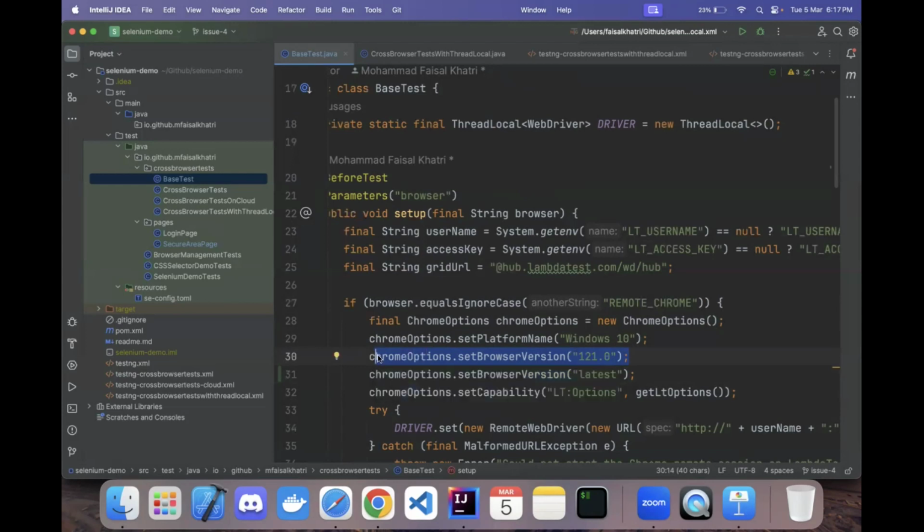So we should avoid these things. It's just for demo purposes that I'm showing you. That is the reason why I've supplied the value as 121 here. There is another wildcard here, like